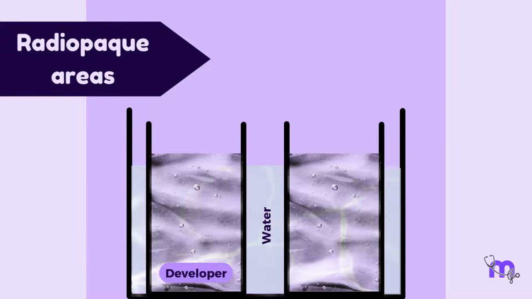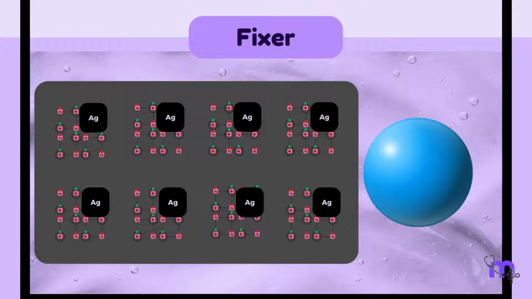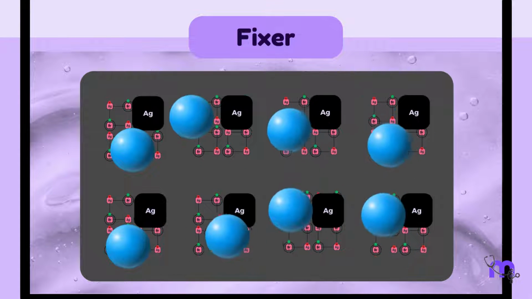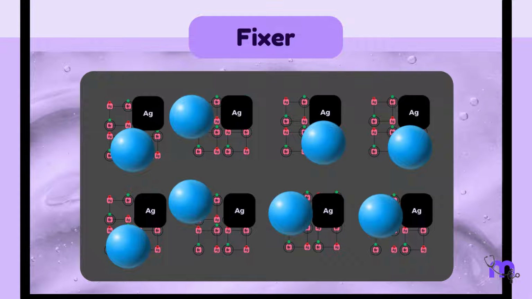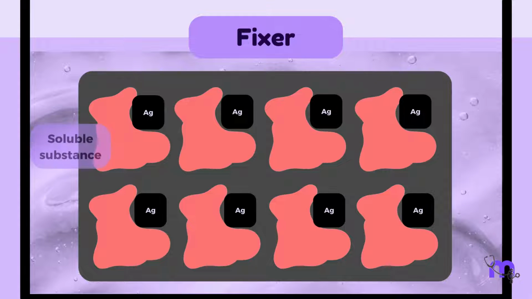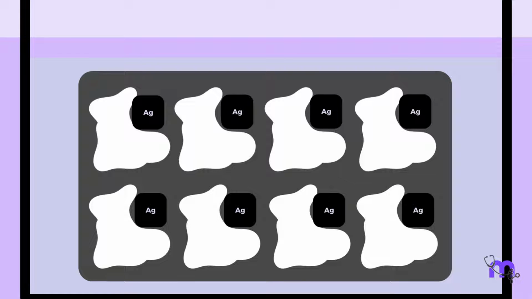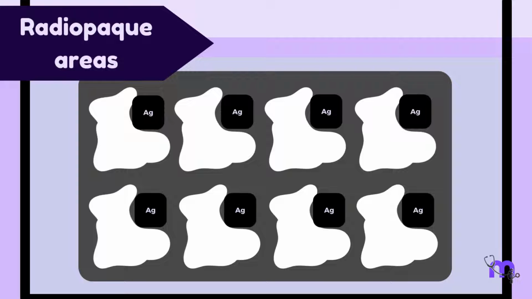To see the radio-opaque structures, I rinse the film and put it into a solution called the fixer. The fixing solution has a clearing agent, which could be ammonium thiosulfate or sodium thiosulfate. This chemical reacts with all the unexposed or undeveloped silver halide crystals, or the crystals that contain no latent sites, converting them into a soluble substance that can be subsequently washed from the film. This creates white or clear or radio-opaque areas in the radiograph.